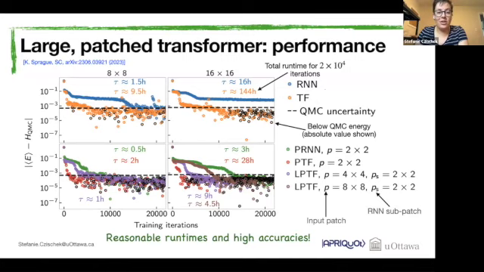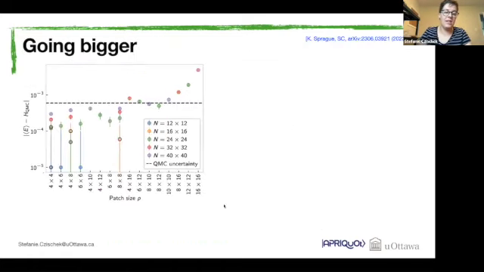Okay, so overall, our large patch transformer gives us the possibility to efficiently look at these atom arrays. But now this suggests that we can go beyond these 16x16 atoms, because we have such short runtimes and still high accuracies. So let's take a look at what happens if we go to bigger system sizes. And here the different colors are different system sizes. So we go from 12x12 up to 40x40 atoms, which is actually remarkably big. So this outperforms any numerical studies you can find out there.